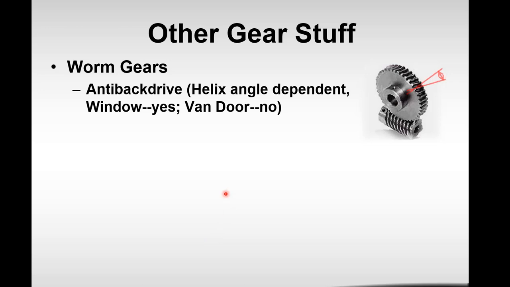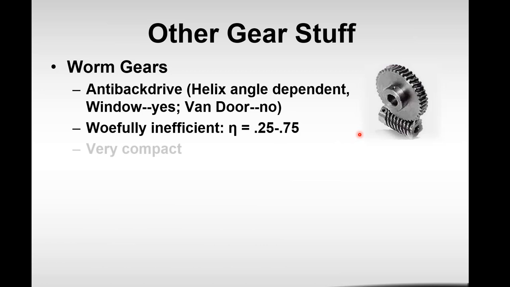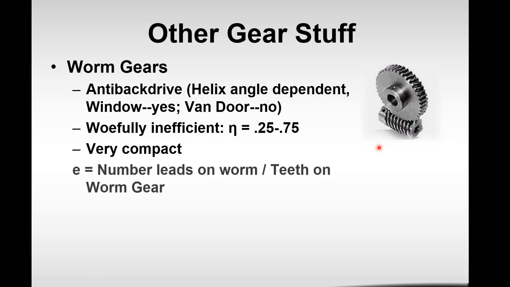And so then the next thing we want to talk about is these worm gears. They're usually very inefficient. They have the advantage, especially with a shallow helix angle, that it's hard to backdrive them, so they're anti-backdrive. And in terms of the efficiency or the speed ratio,